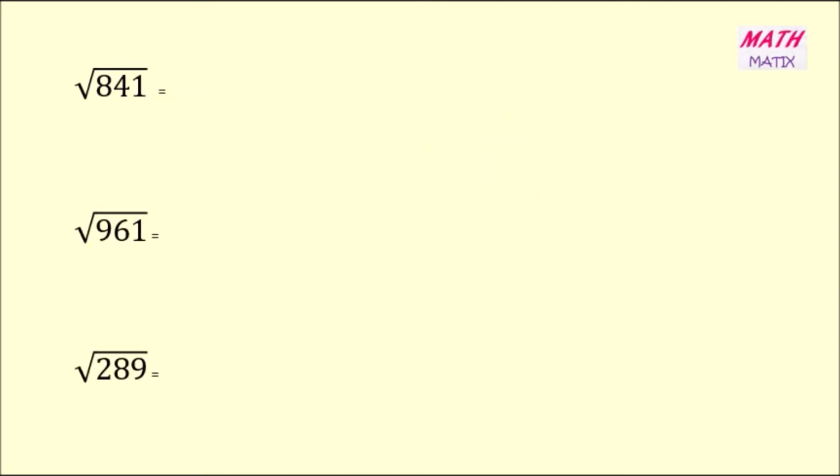Now we will see some smaller numbers. We will see the square root of 841. We will pair up 41. So 1 square is ending in 1, and also 9 square is ending in 1. So I am writing 1 and 9. And then taking 8. 8 is falling within 4 and 9. We know 2 square is 4 and 3 square is 9. Since 8 is lesser than 9, I am taking 2 and 3, and the lesser number among those two is 2. So I am writing 2 here.